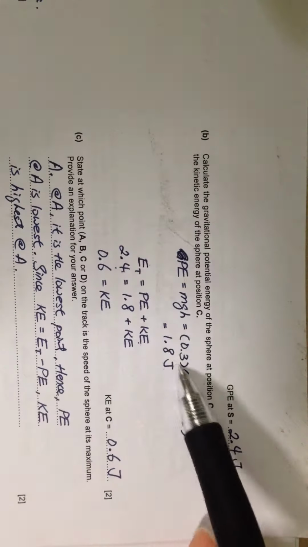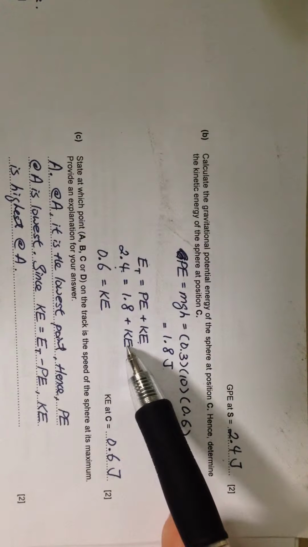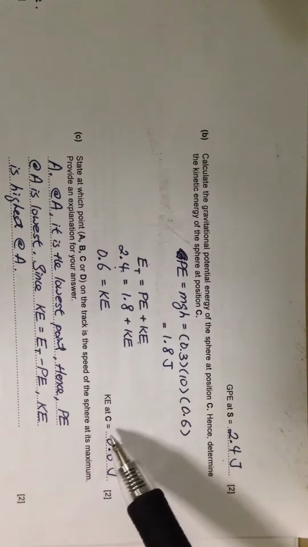Okay, it must be equal to 1.8 plus some unknown amount of KE. So once I do the subtraction, I will be able to determine that my KE at C is 0.6. Okay, so